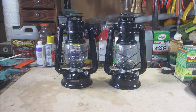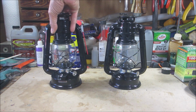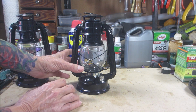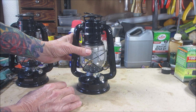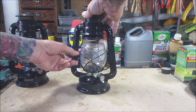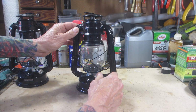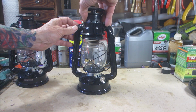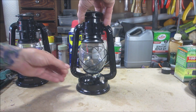So I did get the lamp oil, I believe it's called, and that cost me $7.99. It cost more than the two lanterns did. But yeah, I'm really digging them. I put some fuel in one of them. I don't think it's that one. It's this one. So let's light her up. I remember when I was a kid, you lifted the globe up and you lit it that way. But with these, the only way I can figure it out is you lift this up, put this here. Well, let me put the wick up. I could be doing this totally wrong, but let me get a